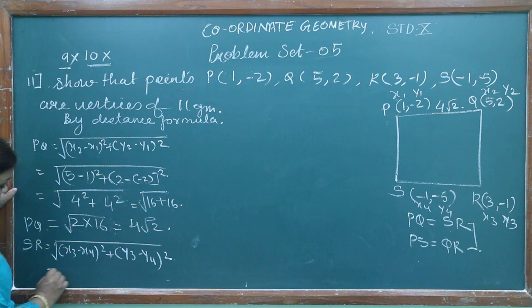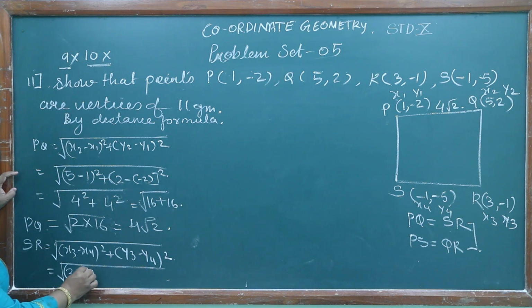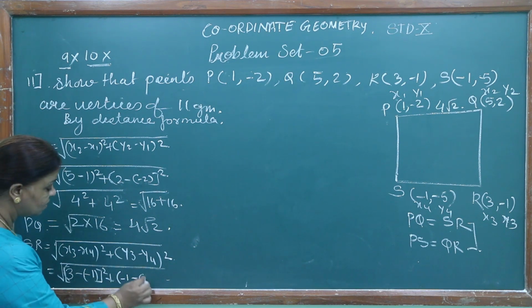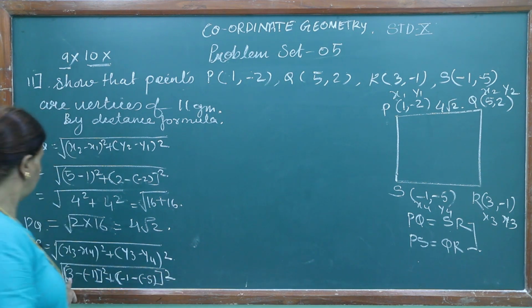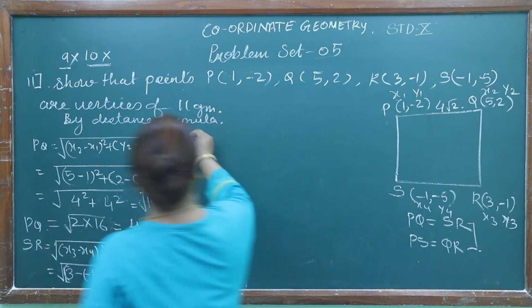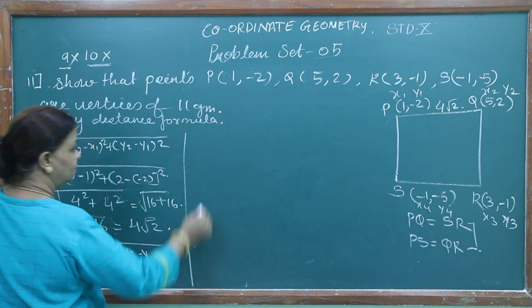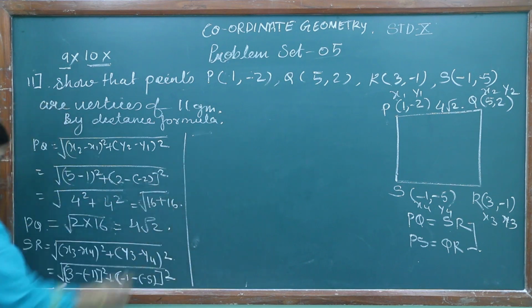So after placing the values, what we will get? x3 is 3 minus x4, that is minus 1, and that is the whole square plus y3 is how much? Minus 1 minus y4 is minus 5, and that is squared. Now 3 minus minus will become plus, so we can write here under the root